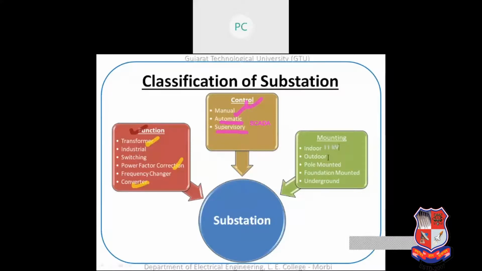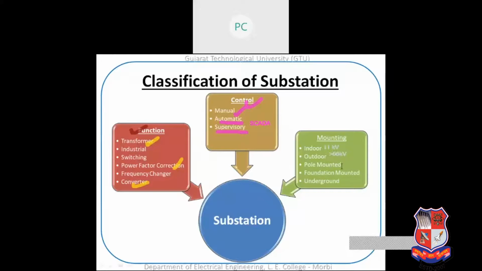Then outdoor substations, these are the most widely used or most widely accepted type of substation in the power system, where we are placing the assembly of electrical apparatus in a switch yard, that is a ground area, and then a control room in another building where we are controlling the system. This is known as an outdoor substation. These outdoor substations are used for voltages greater than 66 kV, right? So if we know the single line diagram, we can understand that outdoor substations are used for transmission purposes, or where in transmission we require outdoor substations.